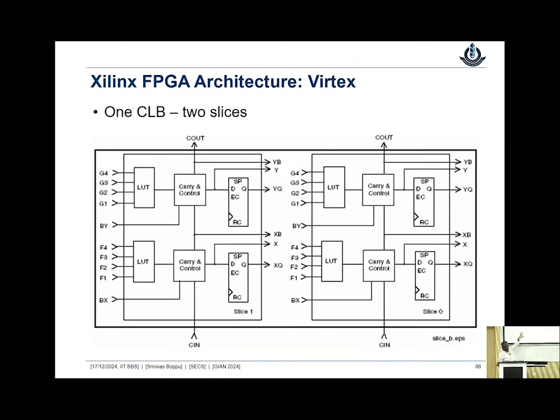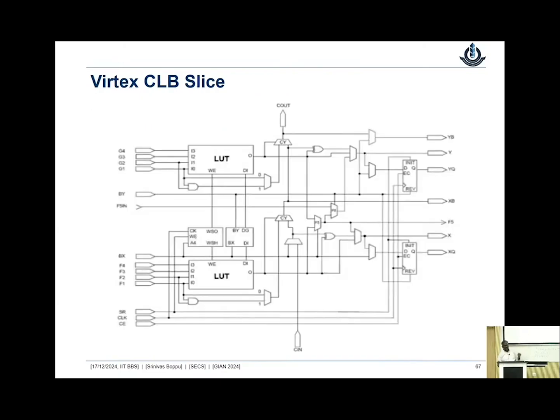So we have this one CLB, and we also have something similar, but again the names could be really different. This is a very simplified view, and if you look at one of the slides, it will look something like this. This is a little bit different from what we have seen before, but this is a Virtex 5 slice, one of the slices. Okay, but again you see, right, by looking at this diagram, we can simply say that,